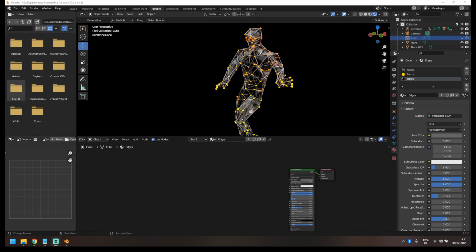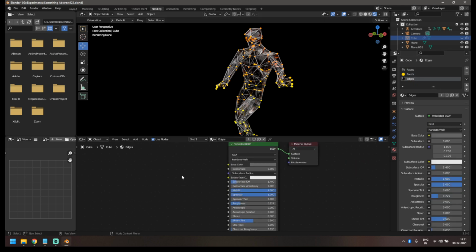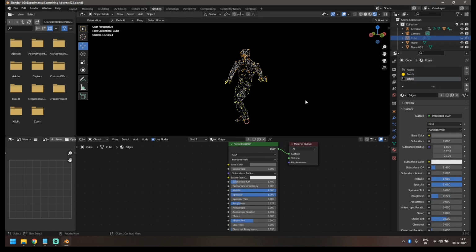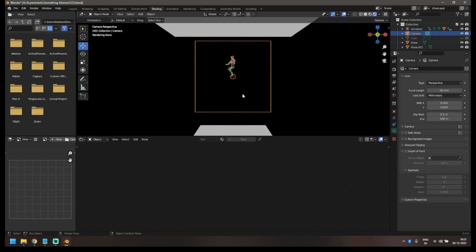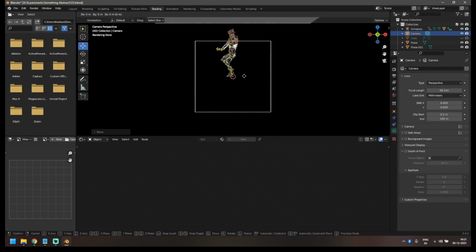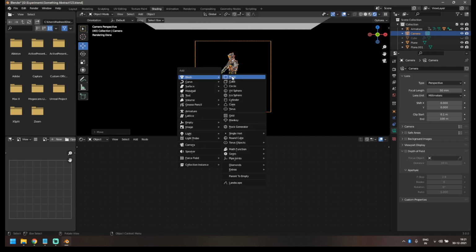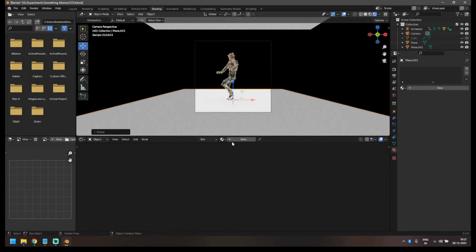All right. So now if you remember that in the previous video, we created 3 different materials for faces, points, and edges, right? So we're going to take the material for edges. But before I even mess with the material, I just want to do a quick setup. So let's go to the camera mode. It just looks weird. So we're going to bring the camera closer to a character and let's just bring it up a little bit. And I'm going to go ahead and add a plane here, scale it up a little, add a new